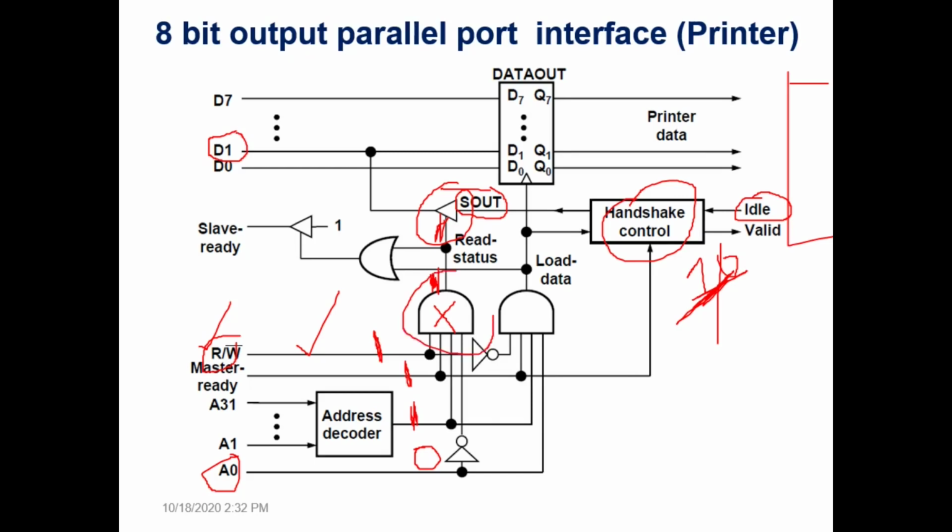Because of this AND gate which produces 1, it also sends that 1 to the OR gate here, so the output of the OR gate again becomes 1. That 1 is sent to the slave ready signal. I'll explain once again. When this AND gate is 1, it drives the tri-state buffer and makes the S out value present on D1 of the data bus. Also the same output of this AND gate is fed as input to the OR gate, so the OR gate output is also 1. So the slave ready signal becomes 1.